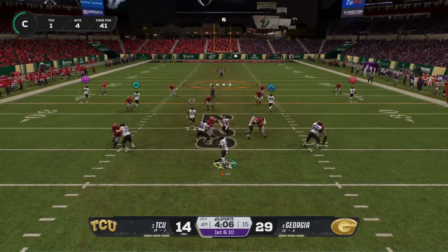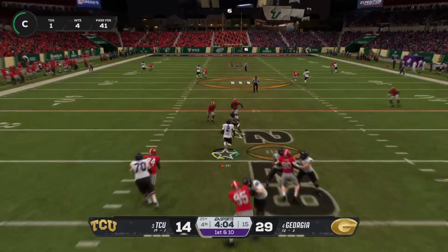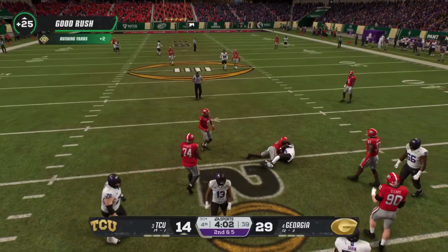On first and 10, they'll look to throw it. He's going to take off. Tries to get loose in the scramble, but it's...